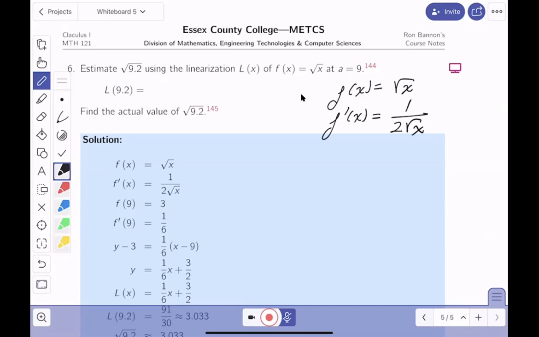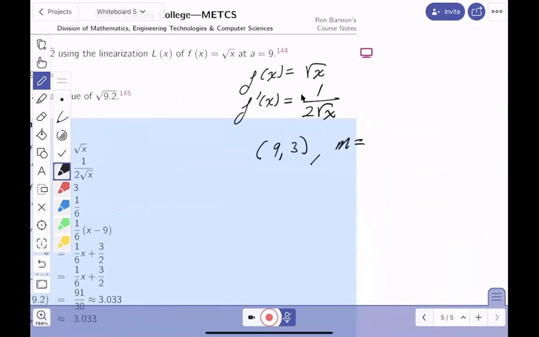And what's a nice number near 9.2? I'm going to use 9. So I want the point at 9. So x is going to be 9. And what would the y be? The y would be 3, because the square root of 9 is 3. And what's the slope? What's f prime evaluated at 9? That's pretty simple. It's going to be 1 over 2 times 3, which is 6. So the equation of the tangent line, they said use linearization, which is the tangent line, is y minus 3 equals 1/6